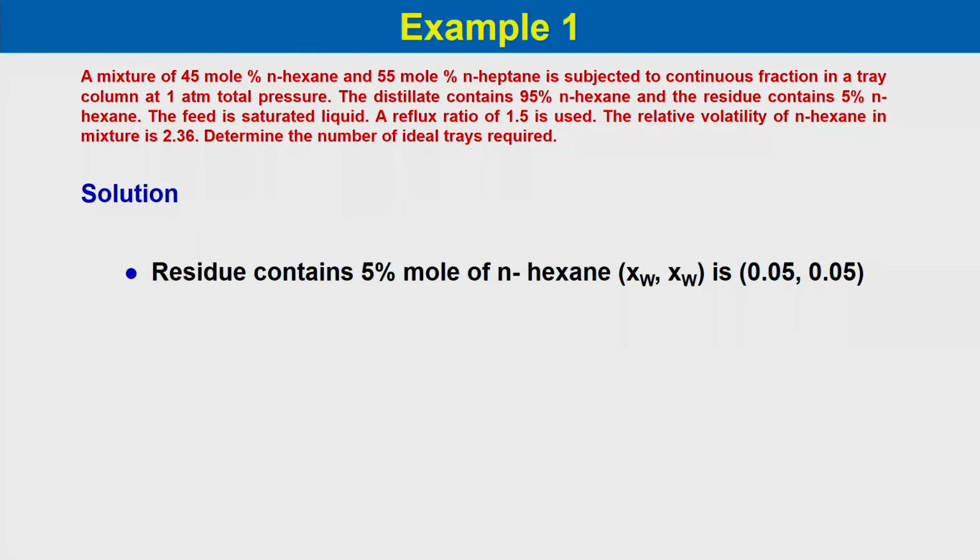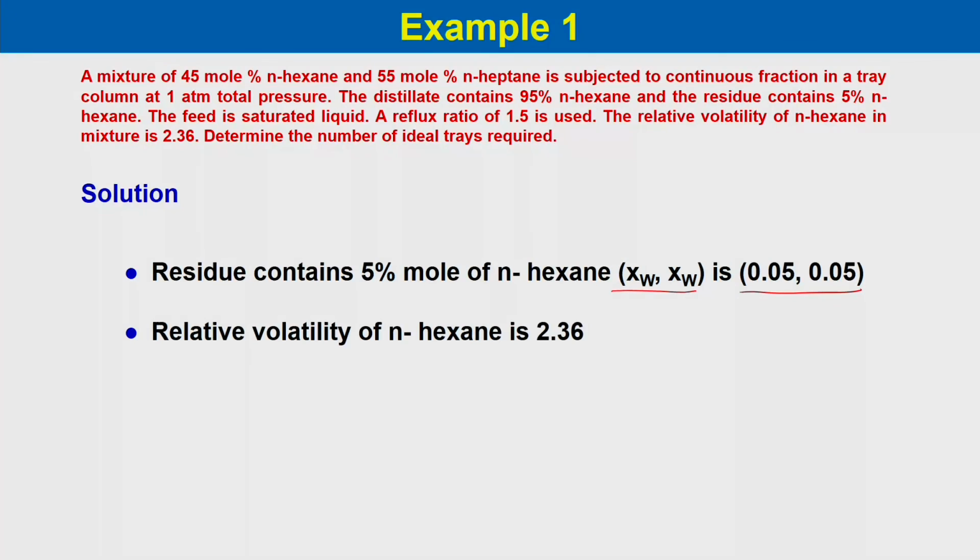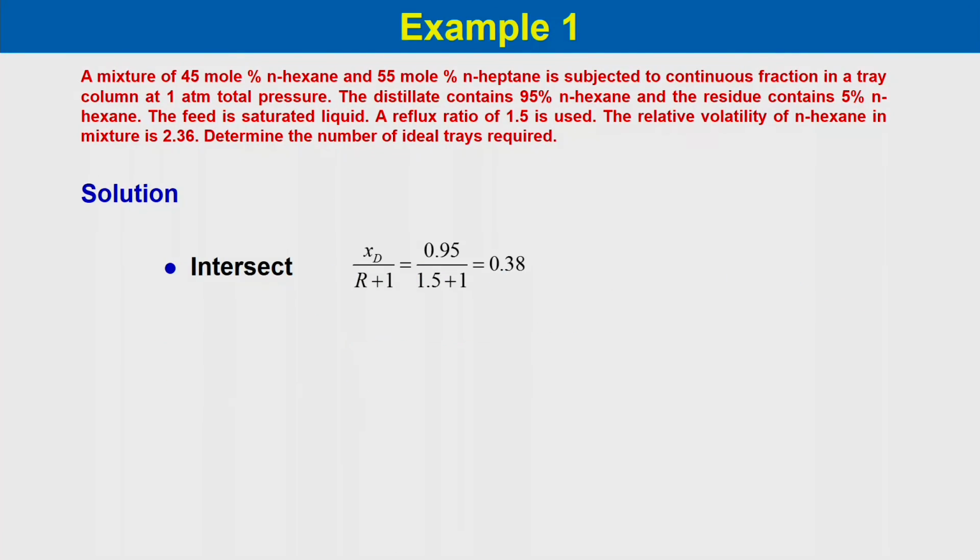Then residue contains 5 mole percent of N-hexane. So, xW is also known on the 45 degree diagonal, which is 0.05. Relative volatility of N-hexane is given, which is 2.36. Reflux ratio is 1.5. Now, from the data given, we can calculate the intercept of the rectifying section operating line,